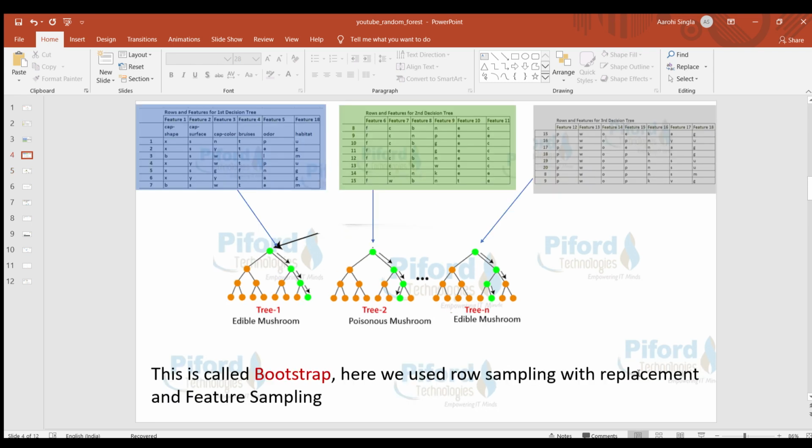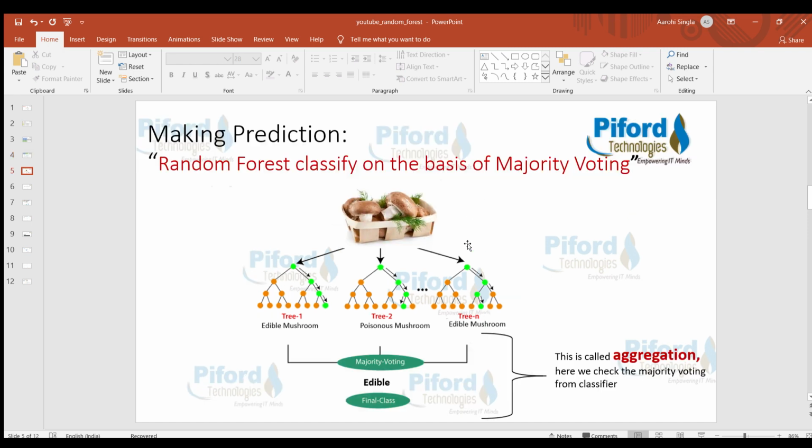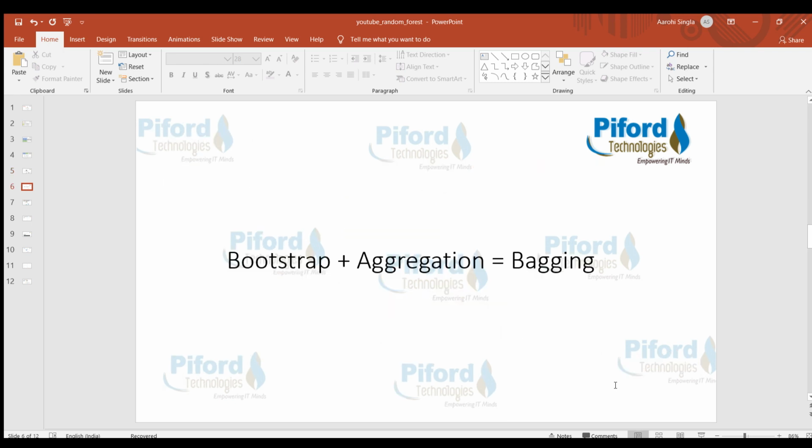When we are dividing data into subsets and giving them to the algorithm, this is called bootstrap. And when every algorithm gives us the result, we check the majority voting. This is called aggregation. So bootstrap plus aggregation is bagging. What is bagging?